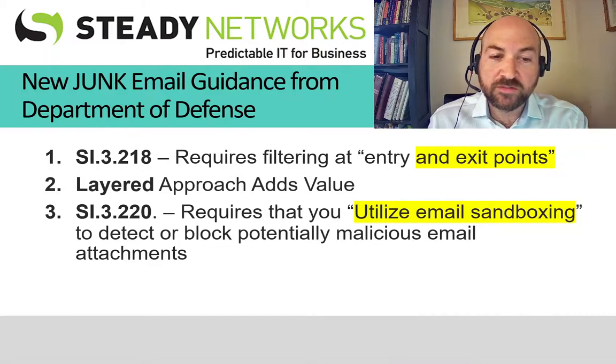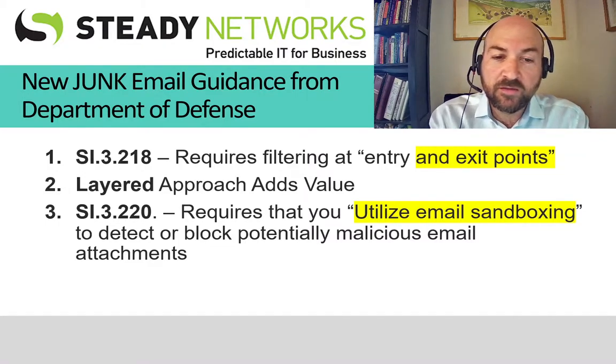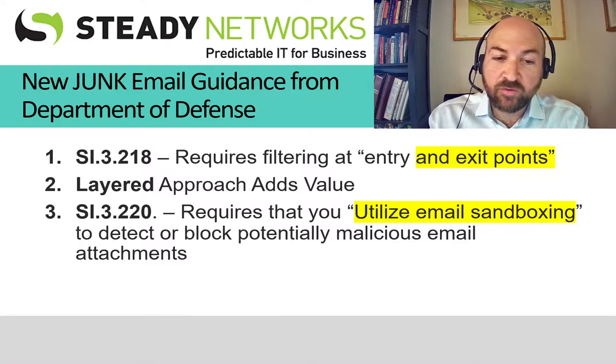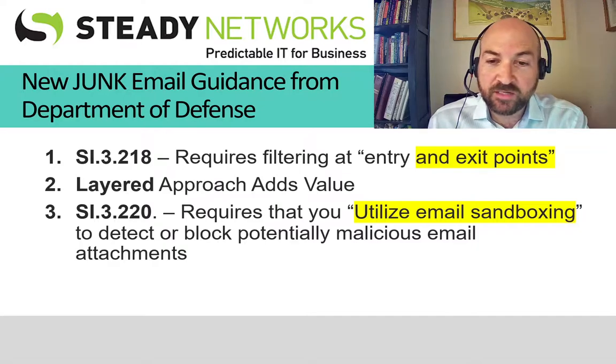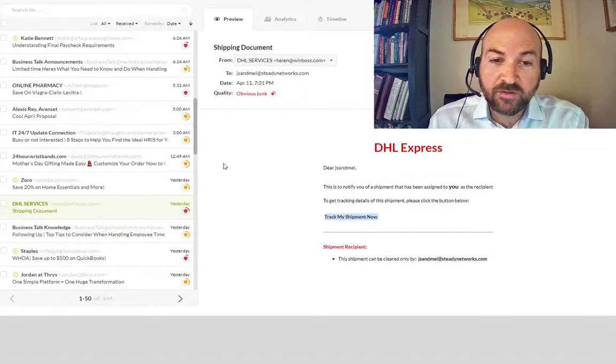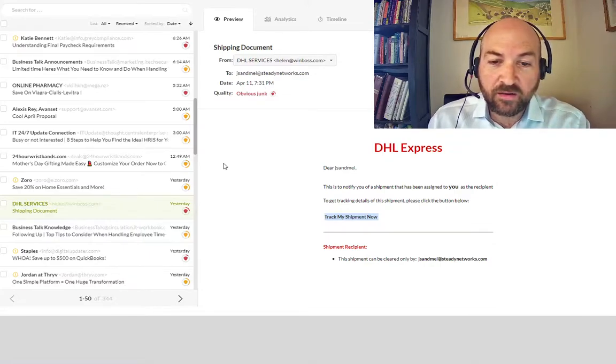The third reason has to do with the combination of this other control, 3.2.20, that requires that you utilize email sandboxing to detect or block potentially malicious email attachments. Again, this is something that is better done with a third party filter. The one we use gives me a secondary inbox that I can look at and check on an email that's coming in. And if I have a link like what you see here, to track this shipment now,